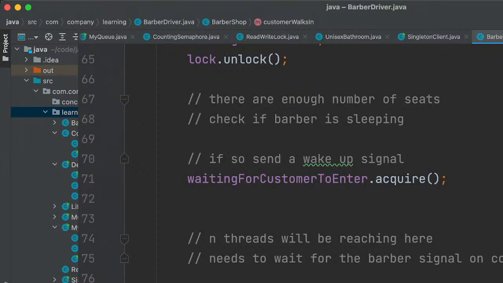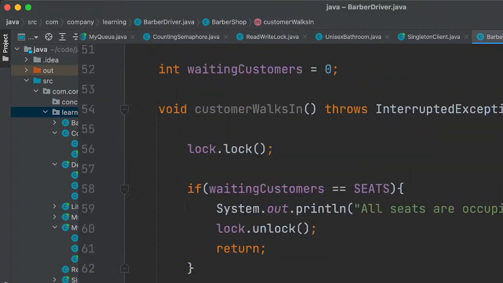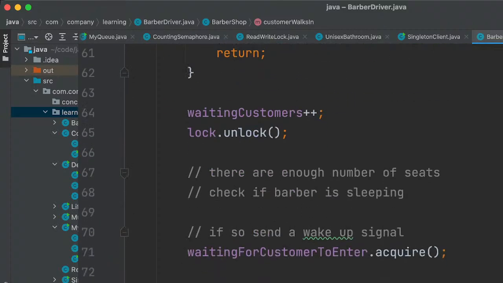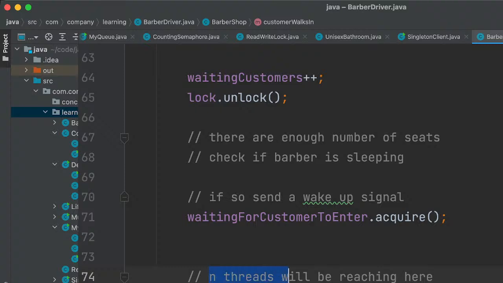Suppose we have n semaphores, and every semaphore will be waiting, so we can have a guarantee that a maximum of n customers can reach this point. So if we have n semaphores, we can call the signal operation.